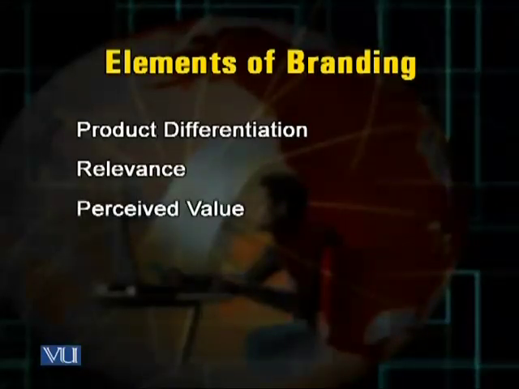Product differentiation means that the product your business is manufacturing is unique in a certain sense. So you can say that the product of a particular business is different from the products of its competitors in some significant way. Then that element would be called product differentiation. For example, if your company has established a brand and your company has manufactured